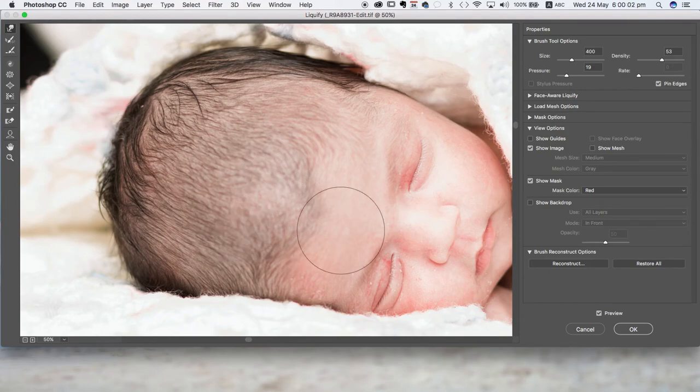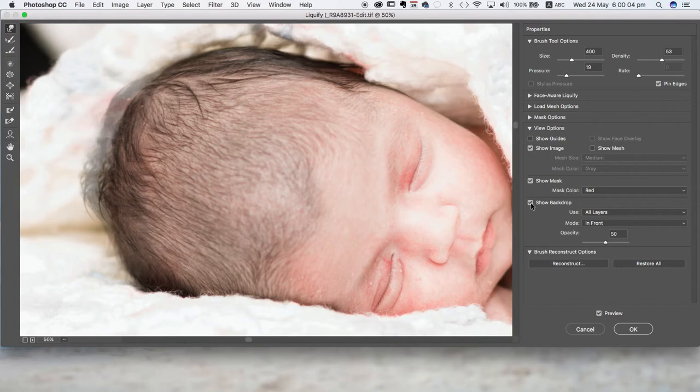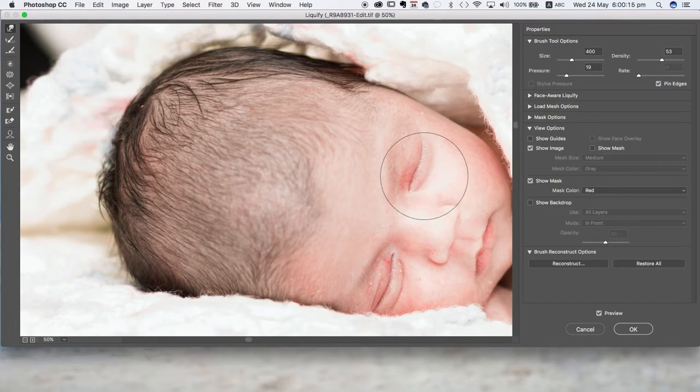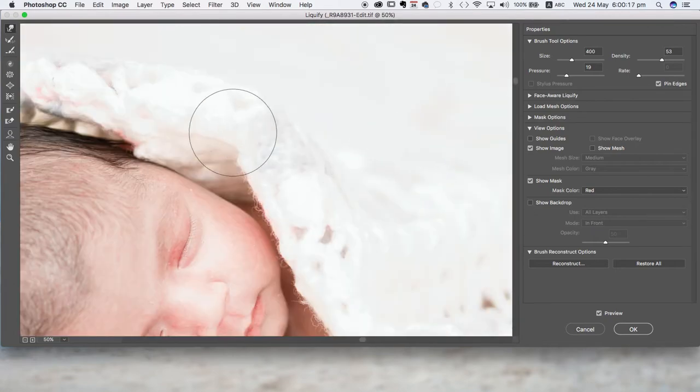So if you just check this one, the backdrop, now it shows, see how it is done. This is how it was, this is how it is, first thing done. And now this is the another thing that I have to do is